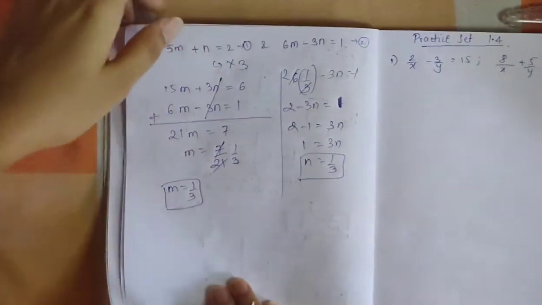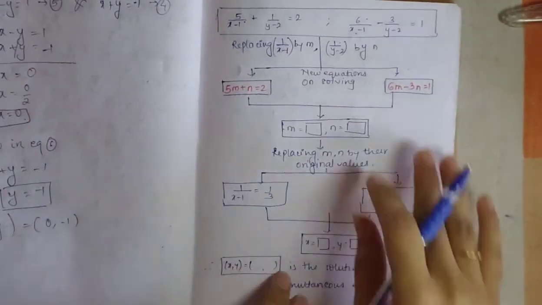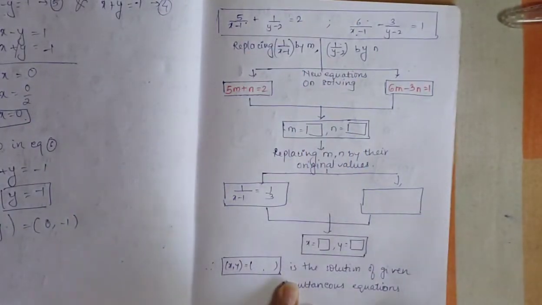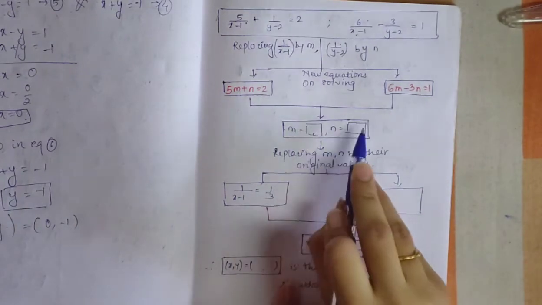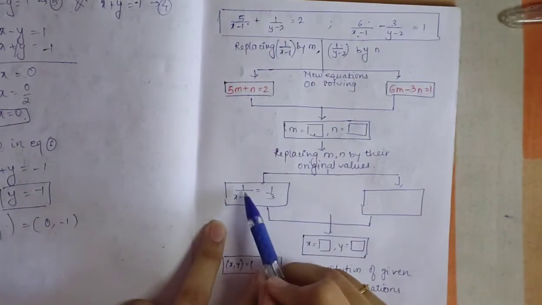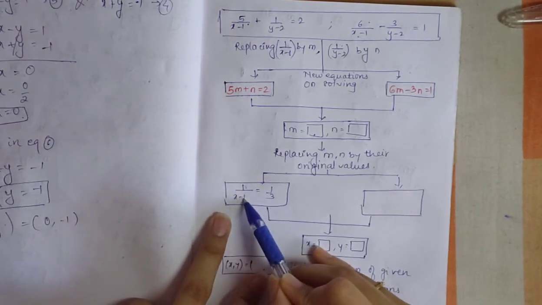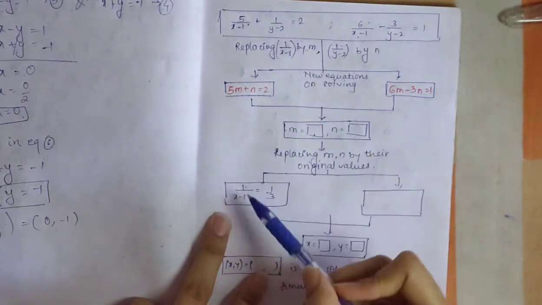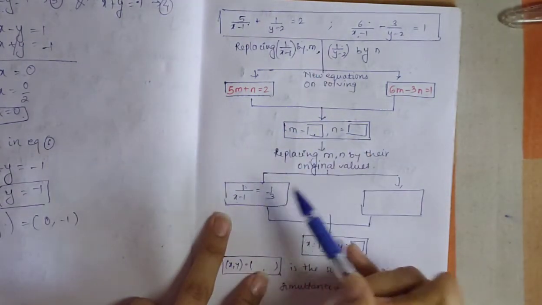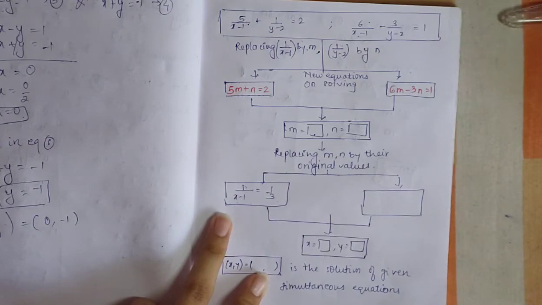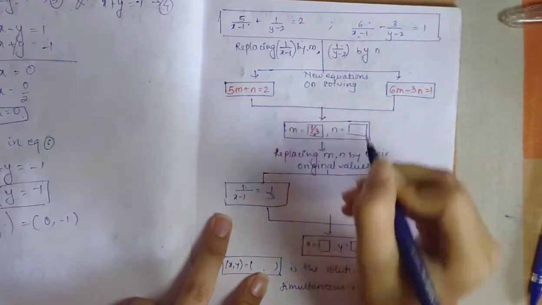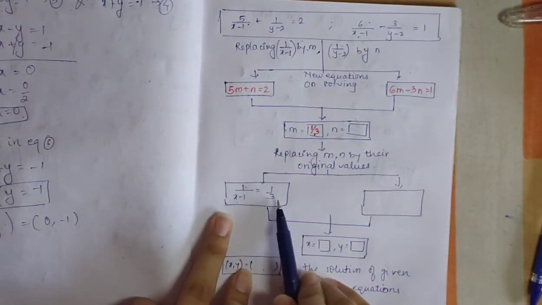Now before solving this, if you pay close attention to your sum, what have they given you? They have asked you for the value of m and n. But in the next step, they have also given the value of 1 by x minus 1. What is the value of 1 by x minus 1 actually? It is m. So that means your m value is 1 by 3. So before doing the calculations, you need to pay close attention to what is given in the sum before wasting your time solving these long simultaneous equations. So you can actually directly substitute this as 1 by 3 because they have given 1 by x minus 1 is equal to 3.